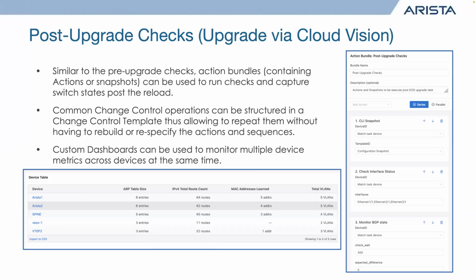Now that is very easy with CloudVision because CloudVision relies on the real-time telemetry information that is getting streamed from the device to CloudVision. Now using that information, you can create an aggregated table or a dashboard where you can group multiple devices and compare their metrics at the same time. And all this information is real-time, so you can go back in time and see what the table entries were before an upgrade or after an upgrade. So this way it allows you to do a very nice comparison of the overall state of the switch, including whatever ARP table or IPv4 route count or MAC addresses that you want to compare. There are certain built-in dashboards available, and you can create your own custom dashboards using metrics that are available on the CloudVision portal.